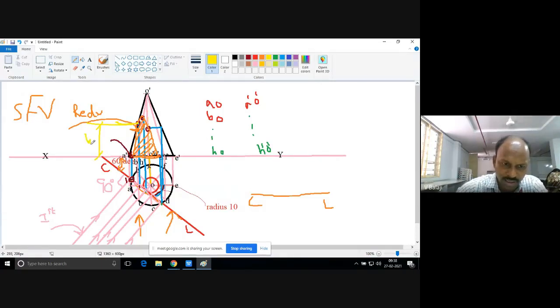Suppose this height, let us call it H1. Take this height. This is the second point, right? Above the reference line XY, this is the height H1. Now, coming back to our true shape, from the cutting point, exactly you need to take H1 distance on the corresponding projector here. Okay. You just draw one arc here on the corresponding projector. So this gap is H1.